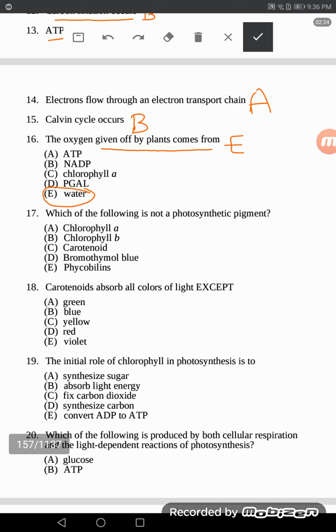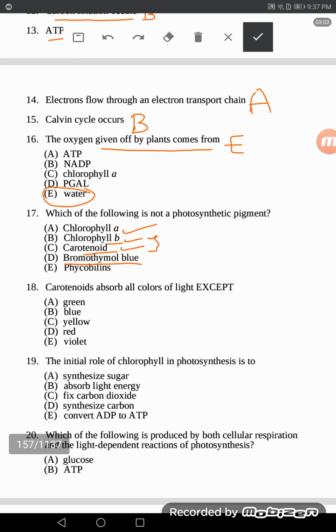Which of the following is not a photosynthetic pigment? We know that chlorophyll A is the main photosynthetic pigment that's found in plants. B and C, chlorophyll B and carotenoids, these are accessory pigments that have a role in the photosynthesis process, and they are photosynthetic pigments, but they are accessory ones. We have bromothymol blue, and the technicians and the biologists that are working in the lab,